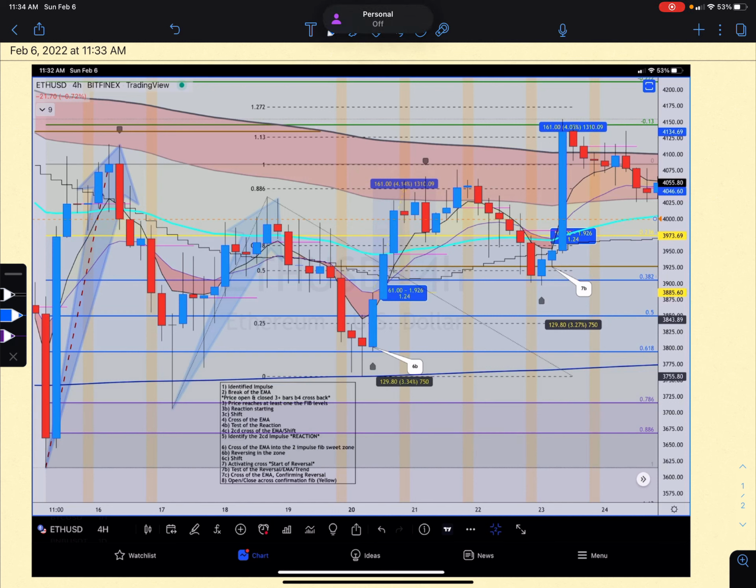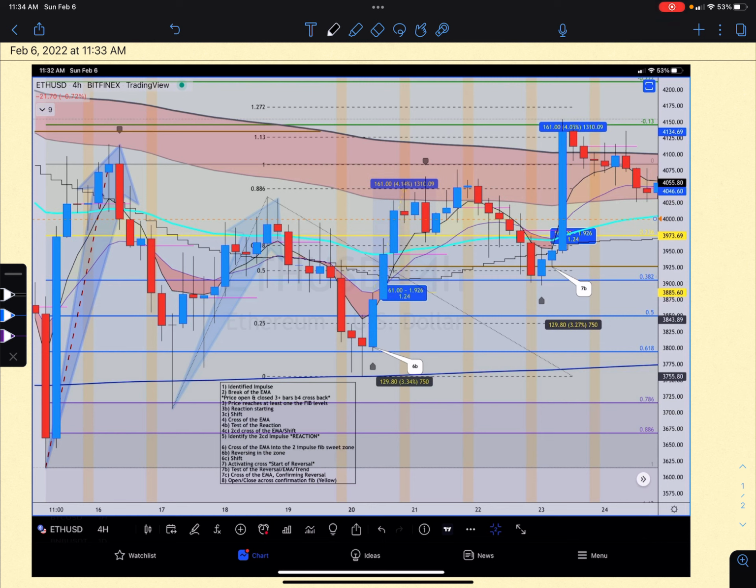Yo. So I'm going to be going over this Ethereum setup. I was looking at this randomly in the past from a backtesting perspective, and I saw this impulse, right? So after I saw that impulse, I was like,